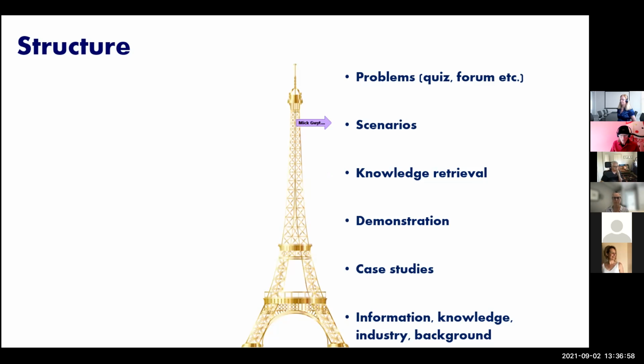So we had a unit last year, which was a drone unit, a new Victorian unit, and it had almost a 5-step process that they kept talking about. You had to scan the environment to make sure it was clear to fly. You had to understand the laws. You had to fly, bring it back to base, and then safely store it. So 5 steps that went through everything that they did. That's a 5-step scenario that you can make. Some person's out in the field, what's the first thing they've got to think about? If they see this, they can't fly, so you can test and check their knowledge.